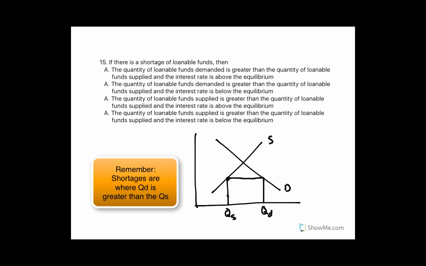More people want loanable funds at this particular interest rate, which would, of course, result from an interest rate that's below the equilibrium interest rate. But more people at that interest rate want loanable funds than would be willing to supply it. So that's B here. I should say B. That's the same idea with the shortage in basically any market, that the quantity demanded is higher than the